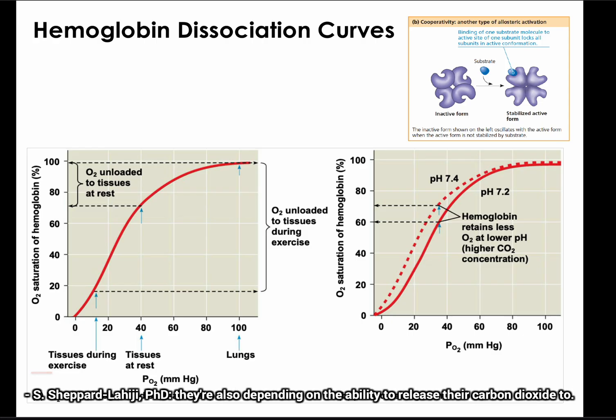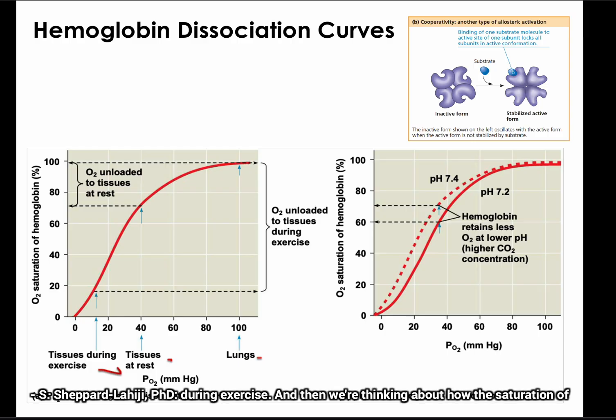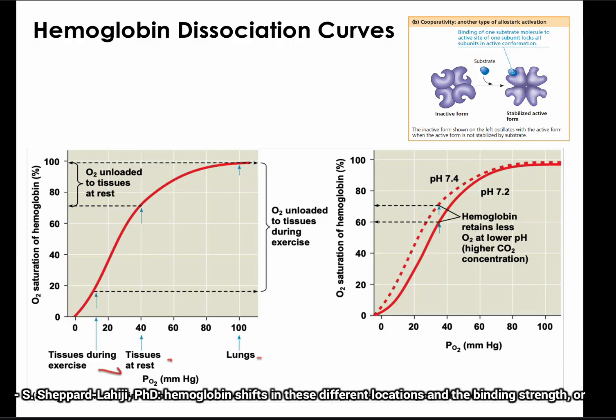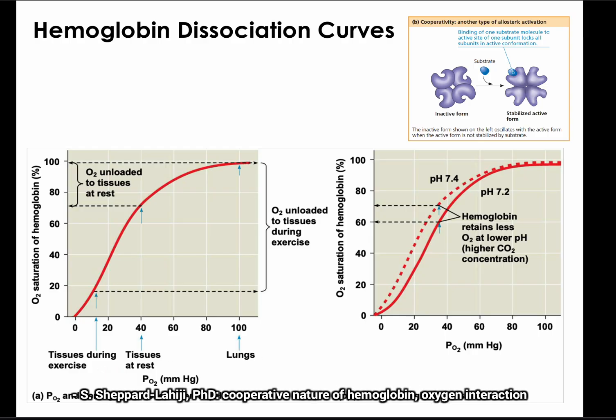And they're also depending on the ability to release their carbon dioxide too. So here we have different examples, so lungs and tissues at rest, tissues during exercise, and then we're thinking about how the saturation of hemoglobin shifts in these different locations. And the binding strength or the way in which those shifts occur is going to be influenced by the cooperative nature of